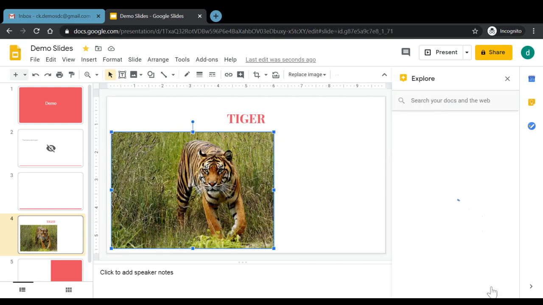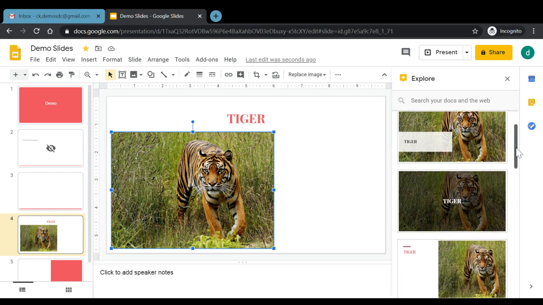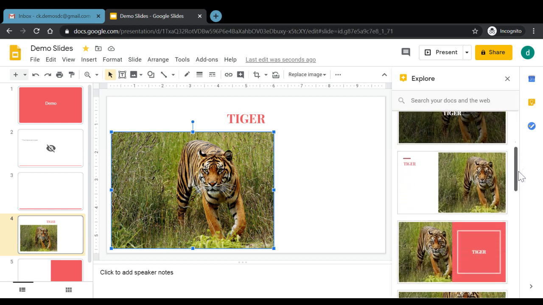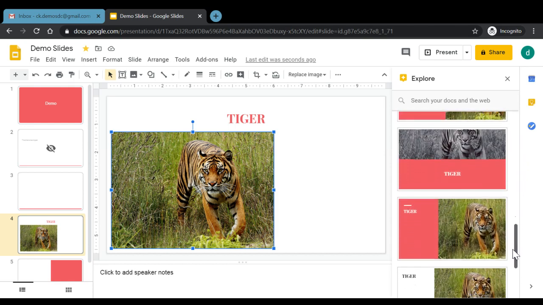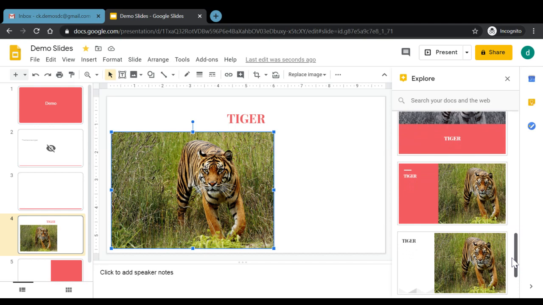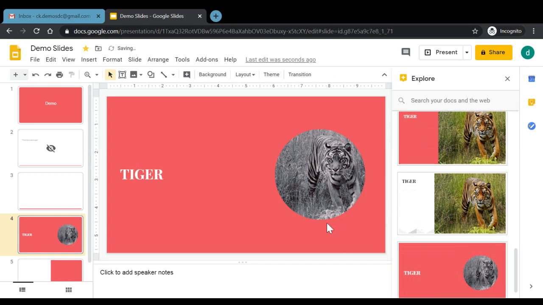Let's click and see Explore. It will automatically show me how this image can be placed in this particular slide for making the presentation more presentable and more attractive. If I scroll down and show you the different layouts, it saves a lot of time in setting the alignment of the images and the text that we want to add on a particular slide. For example, if we want to add this, whatever other text or content we want to add here, we can go about it. So this Explore button is a very useful function for making any slide very interactive and very creative.